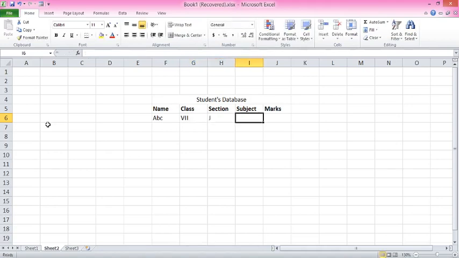In section, I have filled J. In subject, let's enter computer, and the marks that I'm going to enter is 89. So this is the record that I have entered, and this is simply done by using the arrow keys or the tab keys and entering the data. To fill in any data, you are just required to select the particular cell. You can select that cell using the arrow key, tab key, or simply by moving the cursor and just enter the data.